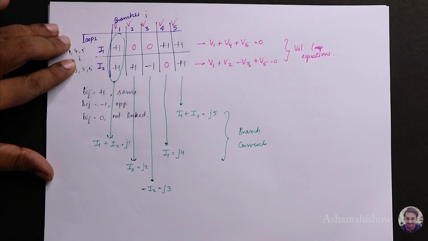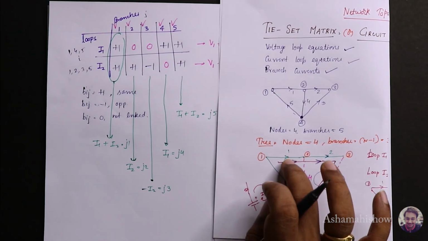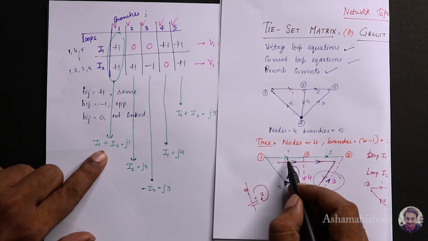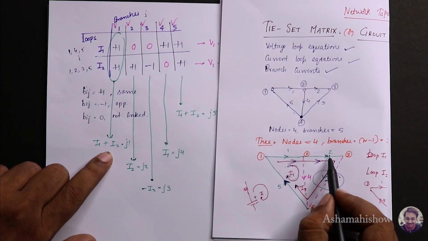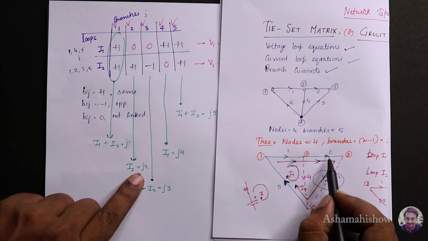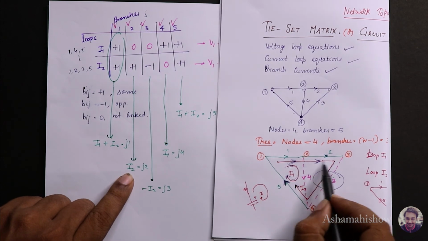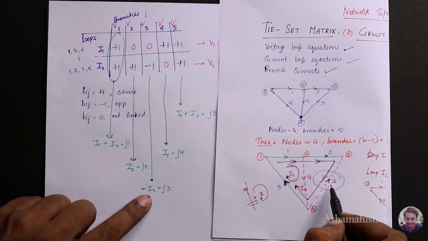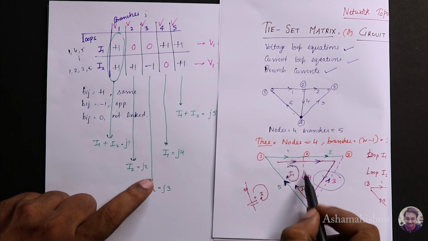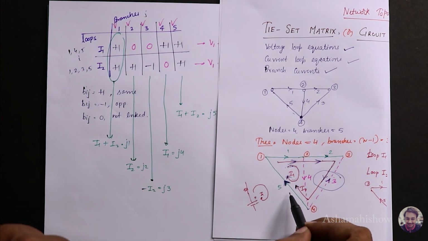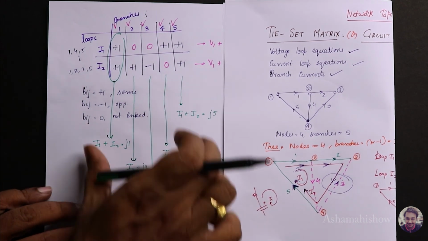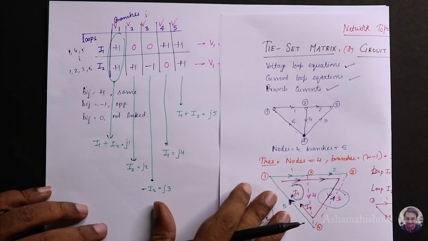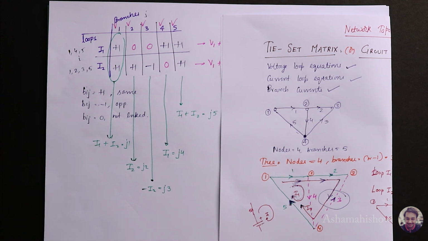So if you want to know from this, I've taken this one. From the first branch, that is J1, what is the current flowing? I1 plus I2, both of them. From the second branch, J2, what is the current flowing? Only I2 current is flowing. For branch 3, the current flowing is minus I2. For branch 4, only I1. For branch 5, both I1 and I2. So by these voltage equations and these current equations, we will be finding out the branch currents. See how simple it is.